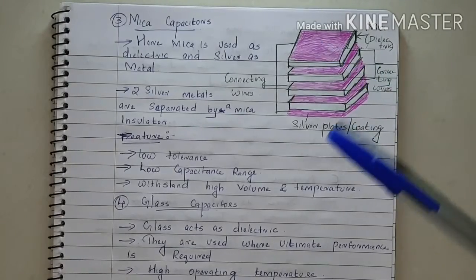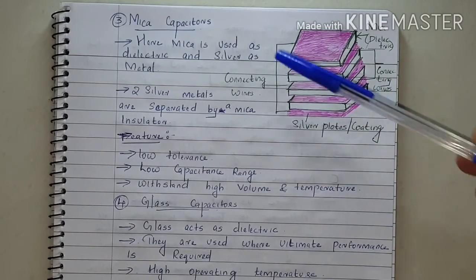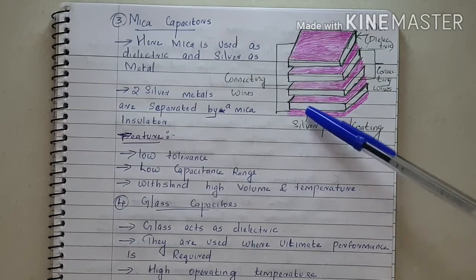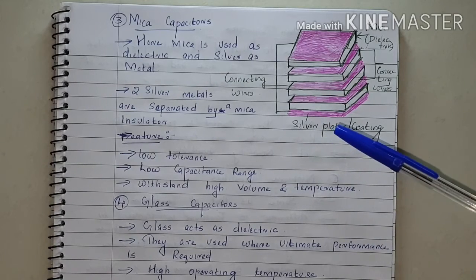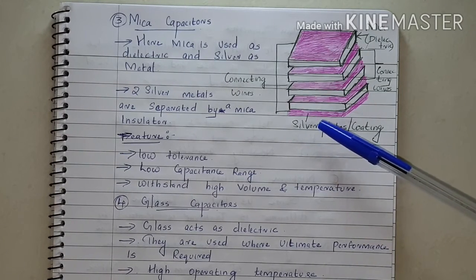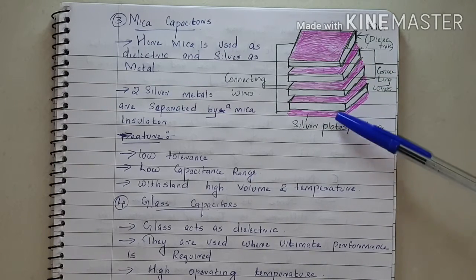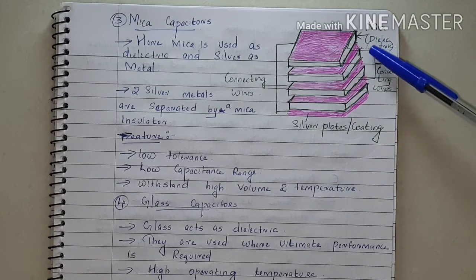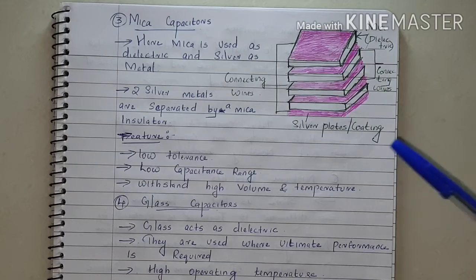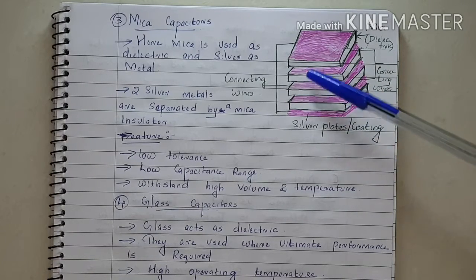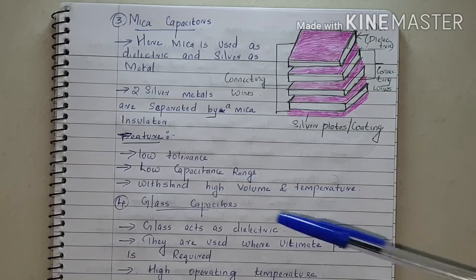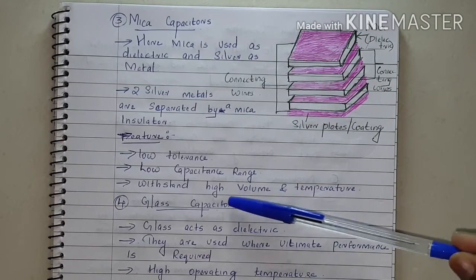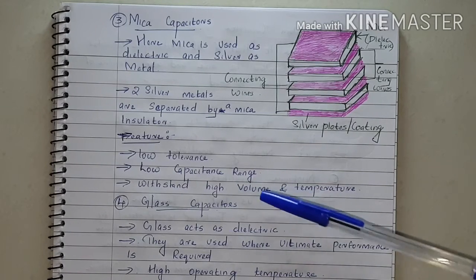Third type of fixed non-polarized capacitor is the mica capacitor. Here mica is used as the dielectric and silver plates are used as the electrodes. These silver plates are stacked one above the other, and the dielectric, that is mica, is placed in between the silver plates. Their features are, they have a very low tolerance value, low capacitance range,